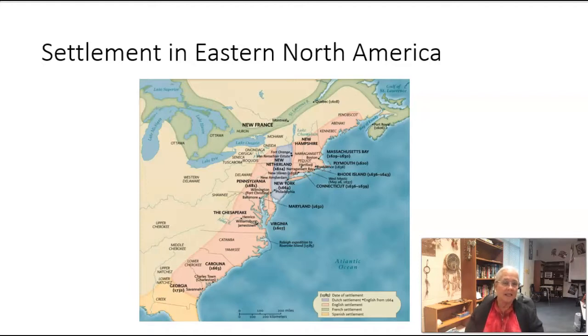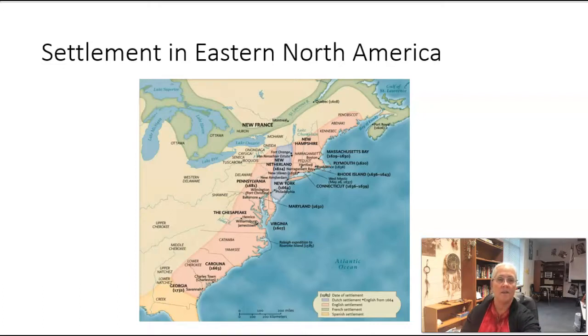The reason that the colonists are going to move away from indentured servants and towards slaves has to do with the fact that indentured servants, as they gained their freedom, started causing trouble. They're going to gain land. They're going to start expecting rights and privileges, as they probably should. But when they don't get them, then they're going to rise up in rebellion. So the most prominent one of the day is going to be Bacon's Rebellion.